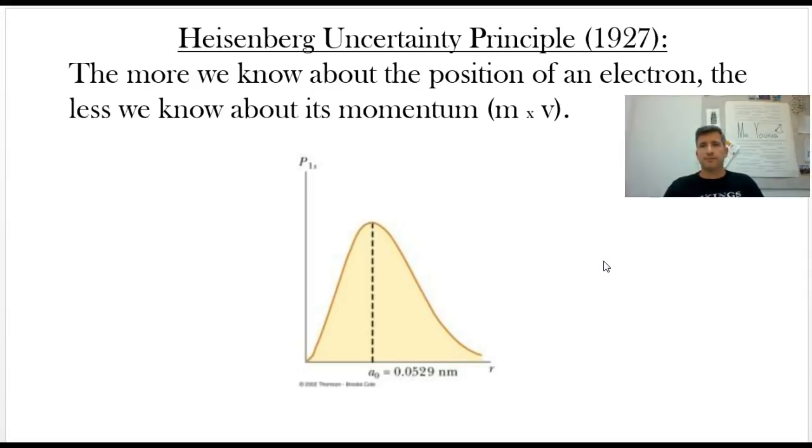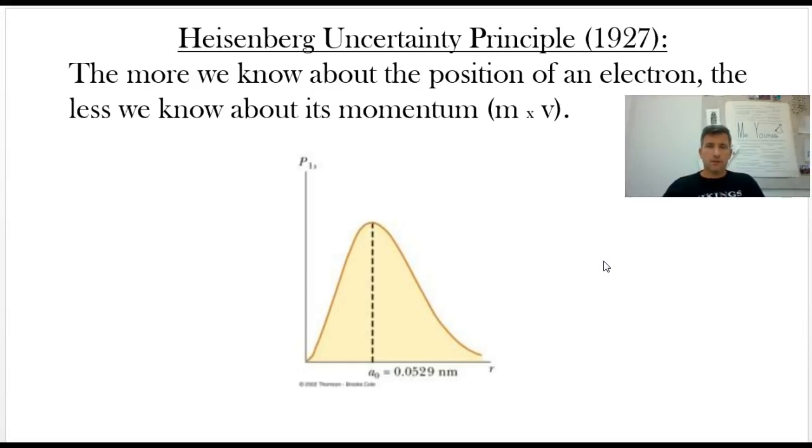For larger objects, it's easy. You can know the mass and velocity of a car as well as its position at the same time. But for really, really small, fast-moving objects like electrons, it's impossible to know them both with great certainty. As one goes up, the other goes down. So the more I know about the position of the electron, the less I know about how fast it's moving,